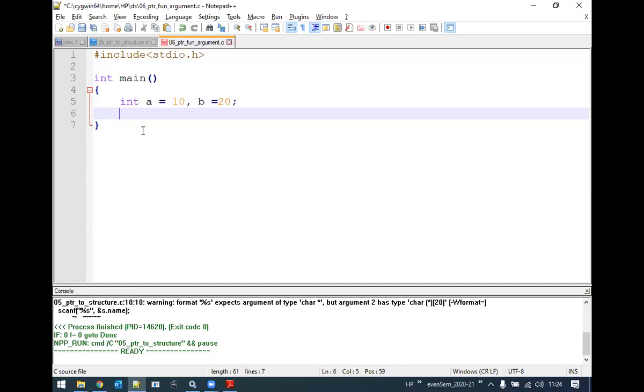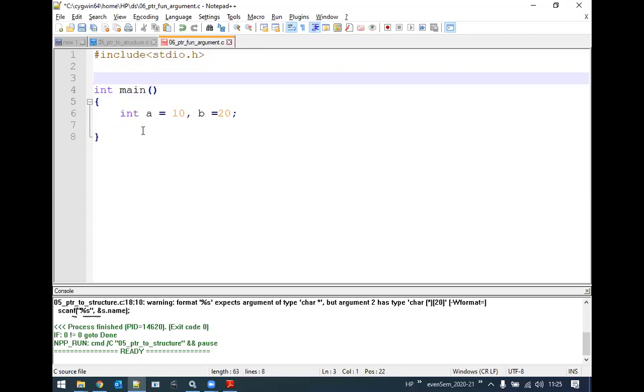Here function means we are focusing upon the user defined function, right? So first we need to write its prototype or the function declaration. I believe students that you know the concept of user defined functions. If you are not able to recall, I will quickly recollect all the concepts of user defined functions in this simple program.